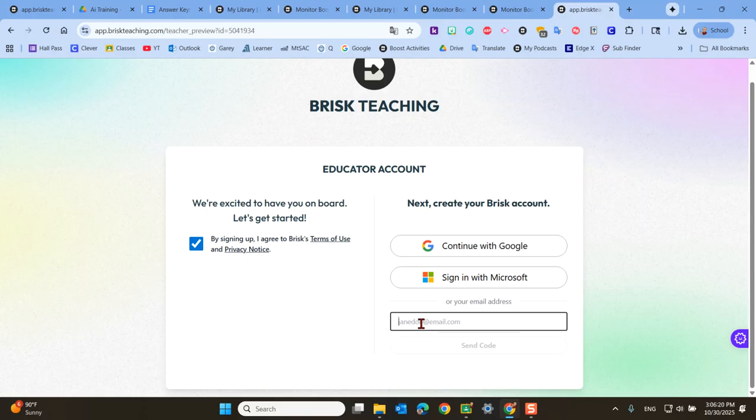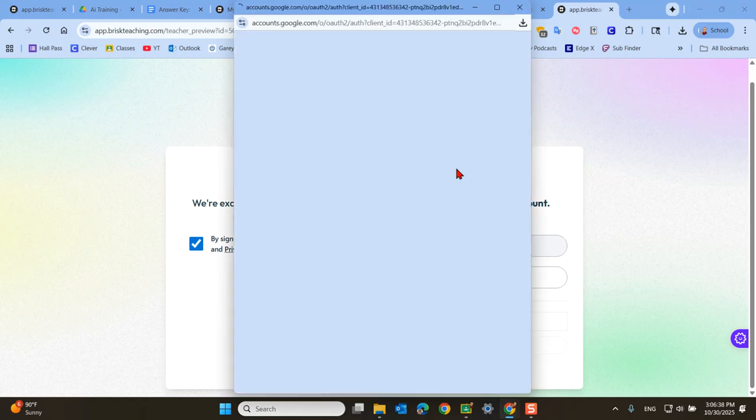So again, they manually type in their email address. They get a confirmation email. It sends them a verification code. Then they go back to the verification code link, and then they type in the verification code on here when it shows up to verify. Then they can access the